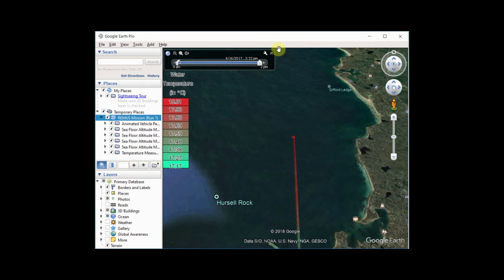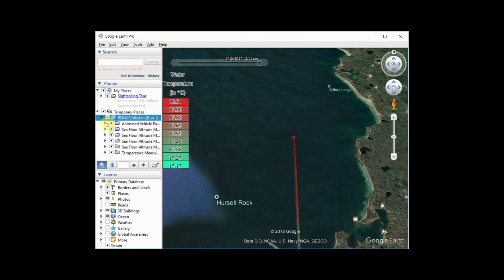You'll notice that on this side there's a temperature key, and this key will automatically place equally spaced values between the minimum and maximum temperatures so you can see the temperature differences on smaller ranges as well as larger ones. On the side, there are folders for altitude measurements from the sensors, as well as the sea temperature measurements and